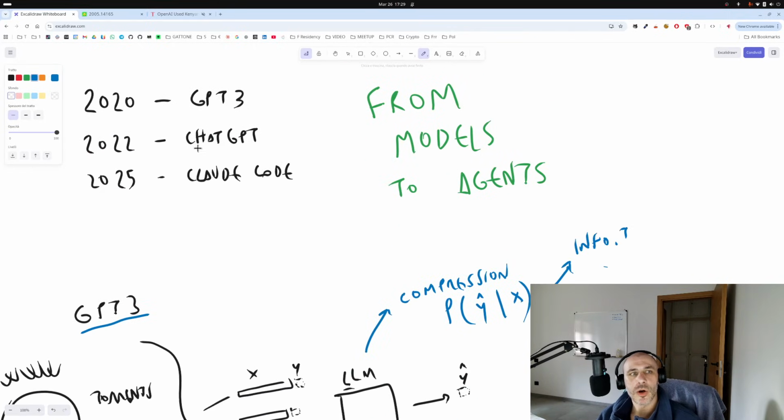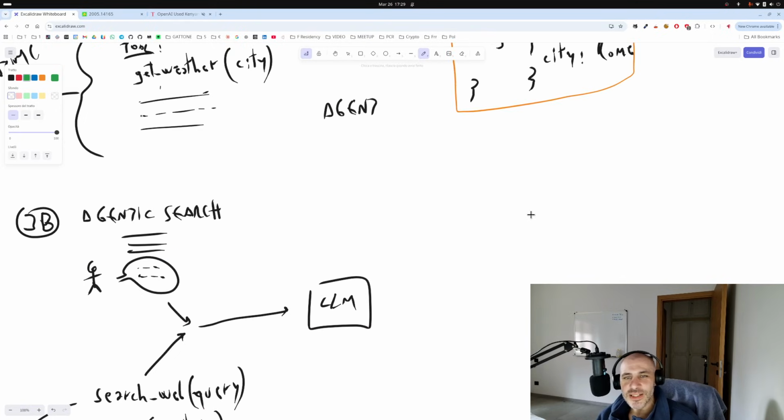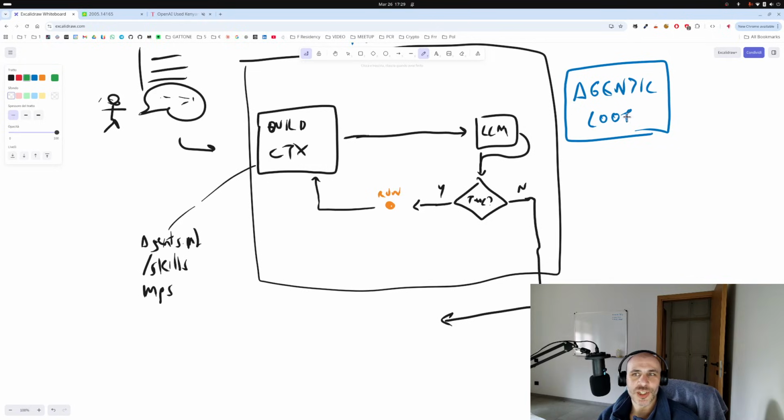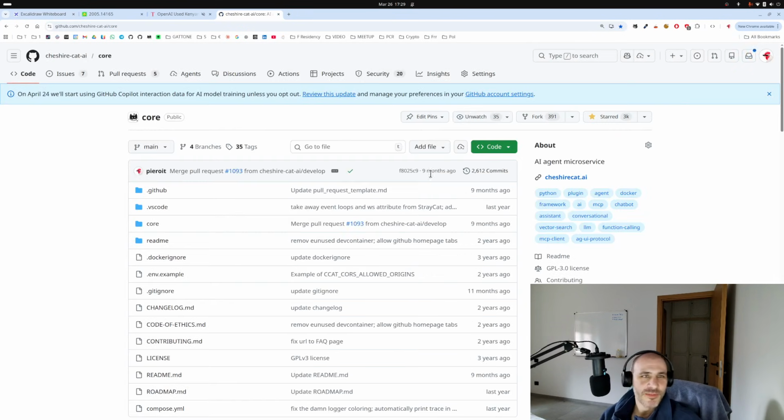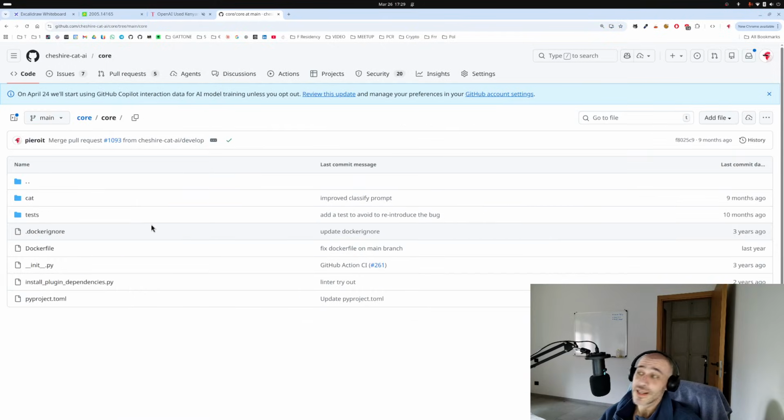So to recap, we saw the foundational model, the conversational model, and the agentic embedded model. And this is awesome. I hope the distinctions between all this stuff are a little bit clearer. Coming soon, the Cheshire Cat AI, CCAT version 2, which has a nice and really easy to understand implementation of this agentic loop, which I'll just show you as a small preview before saying hello to you and thank you for listening so far.